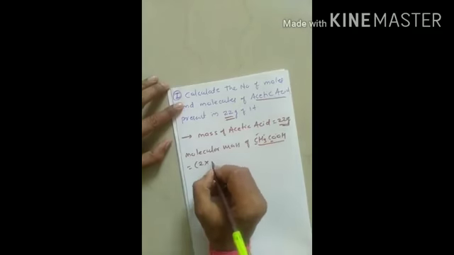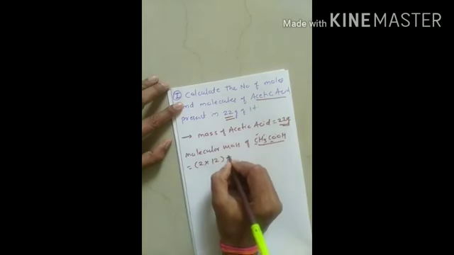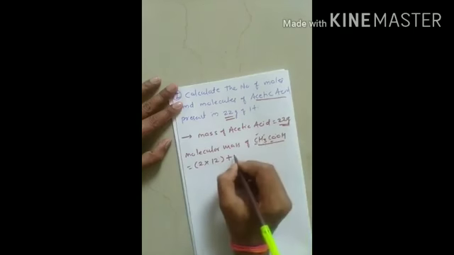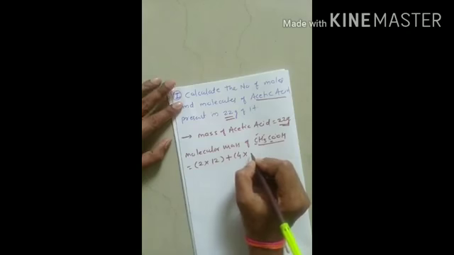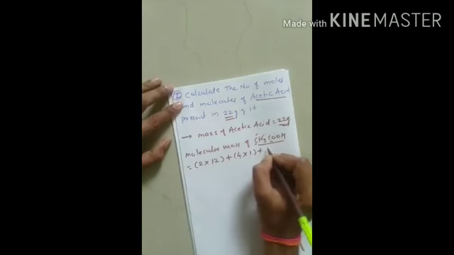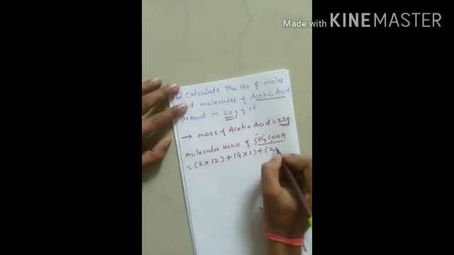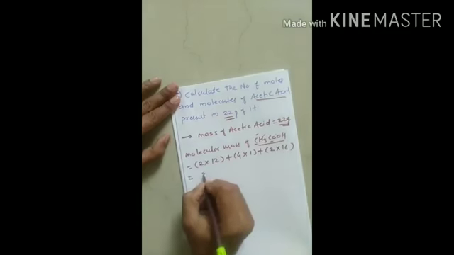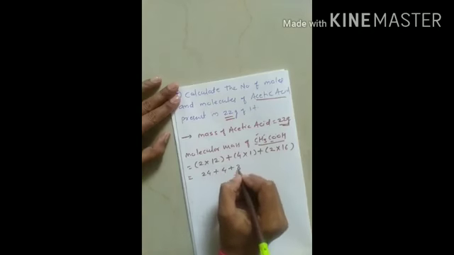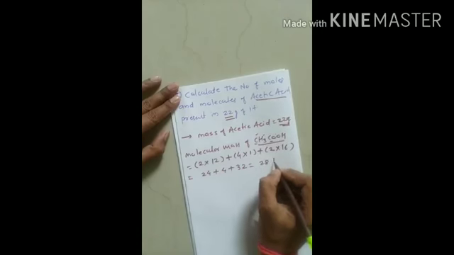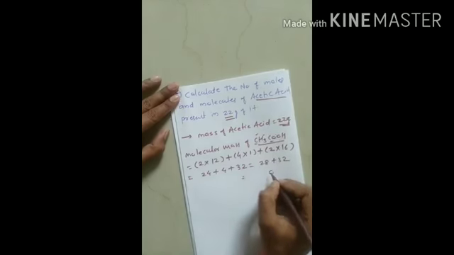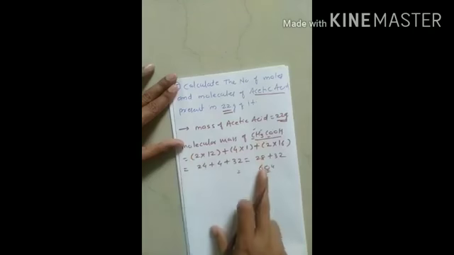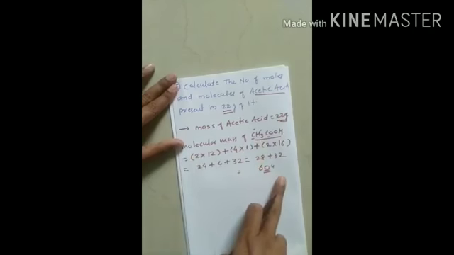The average atomic mass of carbon is 12 atomic mass unit, plus it contains hydrogen atoms, 3 and 1, so 4 atoms of hydrogen, and the average atomic mass of hydrogen is 1, plus it contains 2 atoms of oxygen, for which the average atomic mass is 16 U. Okay, if I add it, it becomes 24 plus 4 plus 32, so 28 plus 32, and it is found to be 60 unit, or the molecular mass of acetic acid is found to be 60 atomic mass unit, or unified mass, isn't it?